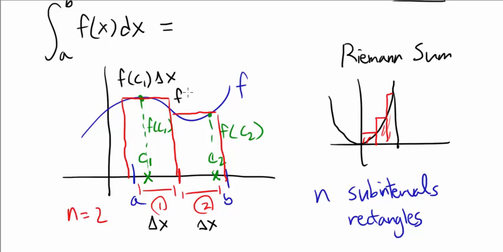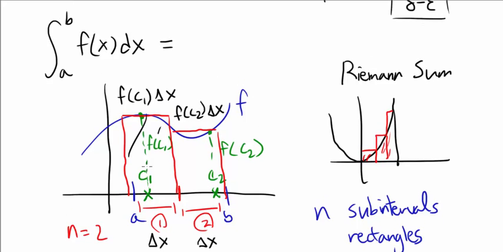Height of the next one is f of c sub 2 times delta x. So we can think of the sum of the areas of the rectangles, which is an approximation of the actual area under the curve, as we're summing up. Remember, sigma notation is used to sum up the various pieces, and if you forgot how to use it,